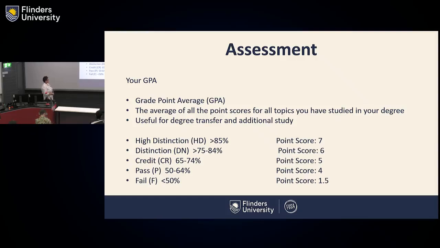And it comes from the range of essentially letter grades that you received. If you get 4 high distinctions, your GPA would be 7. If you got 2 credits and 2 distinctions, it might be 5.5. It's something that students often ask about when they start and then they never think about again the whole time that they're at uni because they realise it's not actually that relevant to them. But it is